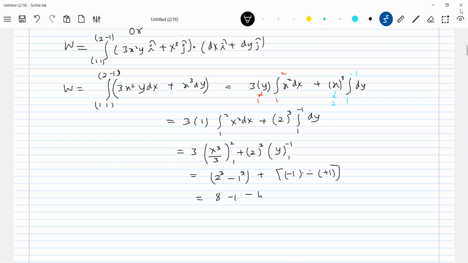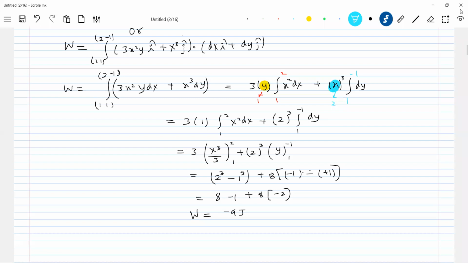This will be how much? Will be 8, no? So this will be 8 into minus 2. Check it, how much will come? Minus 9. Minus 9 joule. Okay, are you able to understand? So this is a little bit, you should be very